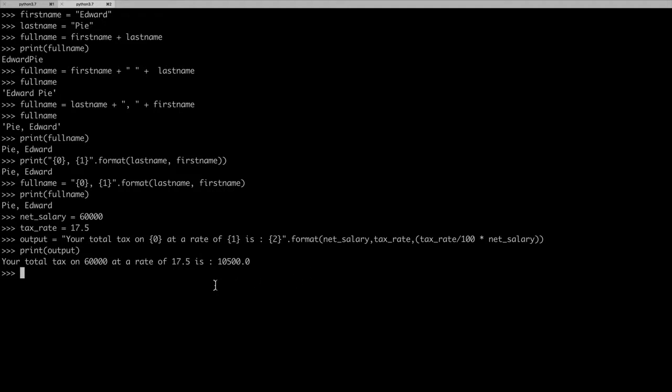What do I mean by this? Let me give you an example. So I want to say name is equal to Edward, and I want to say age is equal to 14. So if I want to print out my name is Edward and I'm 14 years old, what I can do is I'll say output is equal to